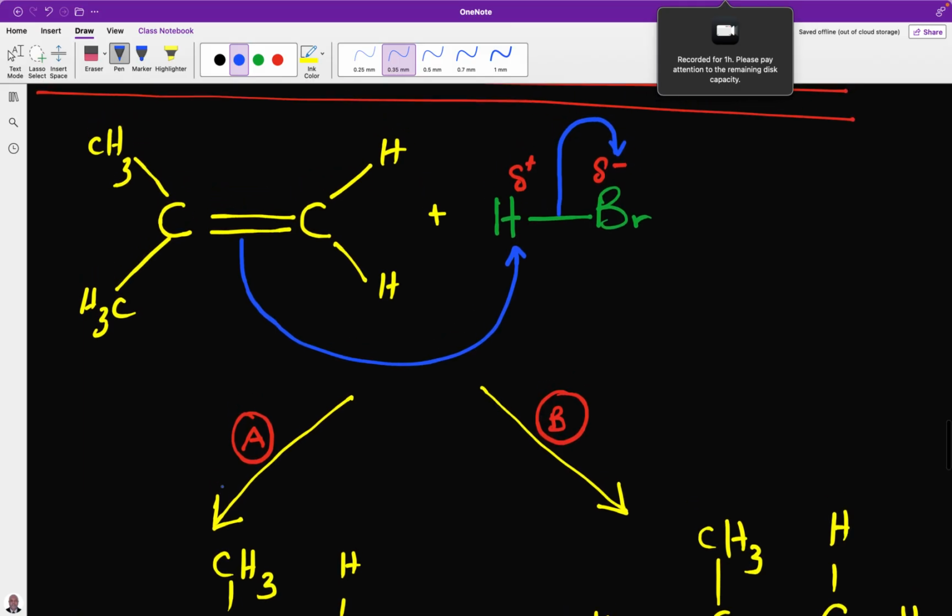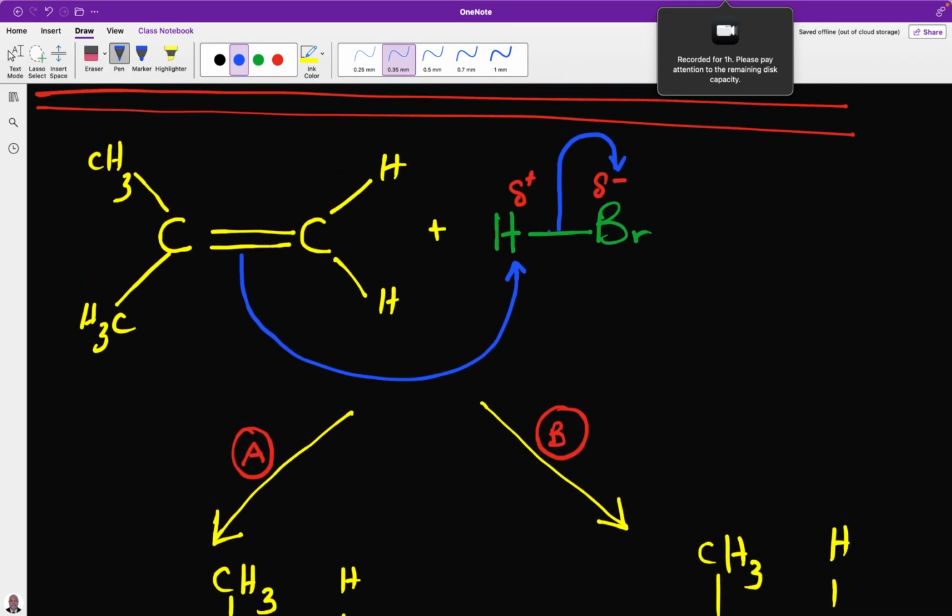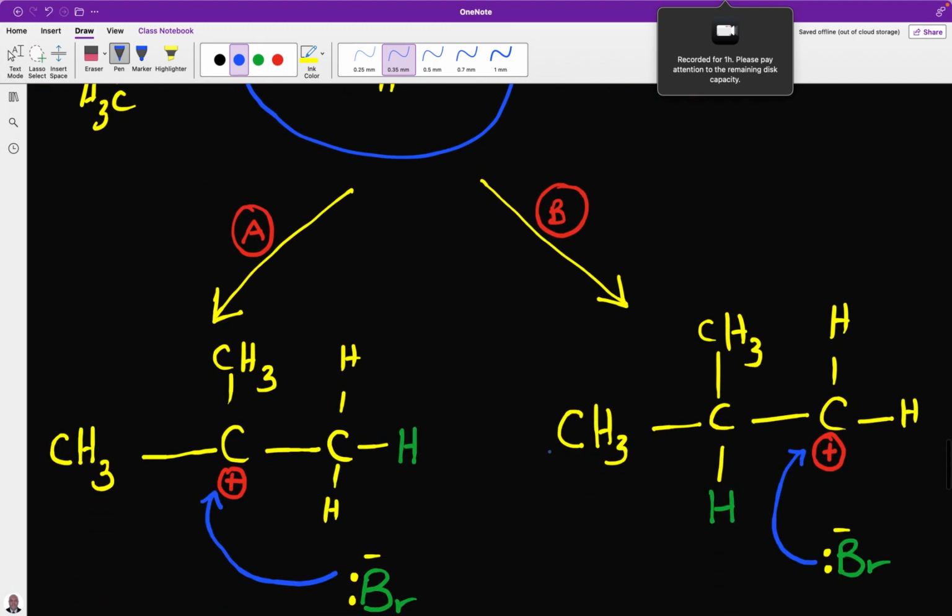Now, on the other hand, if hydrogen decides to attach itself here, B is formed, and what happened? This is a primary carbocation that is being formed. There is only one alkyl group attached to the partial positive carbon. This is a primary carbocation. In this case, it is a tertiary carbocation. In this other case, it is a primary